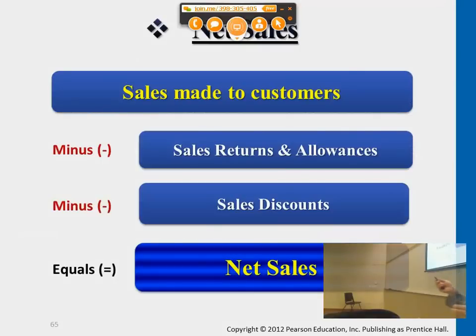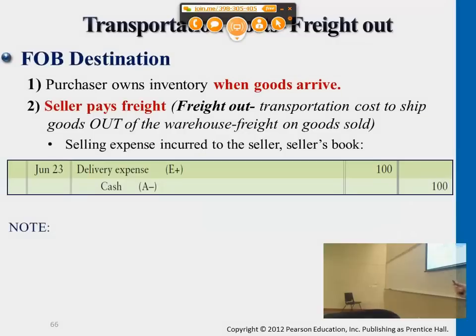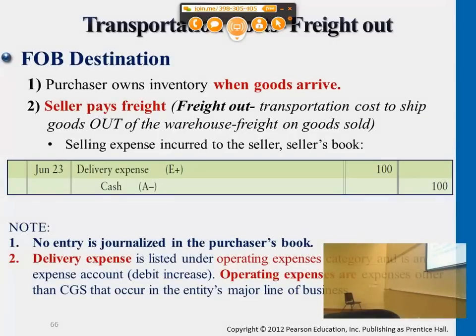All right, the last case here, freight charges. Let me just get the slide here. Freight charges, this is less common, but also likely for company-to-company, business-to-business selling events. It's likely that the seller will be the party paying the freight charge as well. Okay, but this is less common compared to FOB shipping point. For most of the problems you see, it will be FOB shipping point, meaning the customer, the purchaser, will be paying the freight charge. Okay, but in case the problem states that the shipping term is FOB destination, then the seller